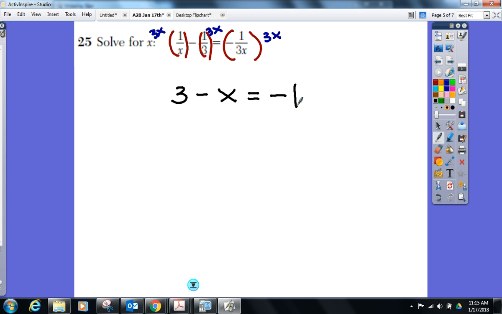Move the 3 over, or the x, it's up to you. Move the 3 over, we get -4. Divide both sides by -1. X equals